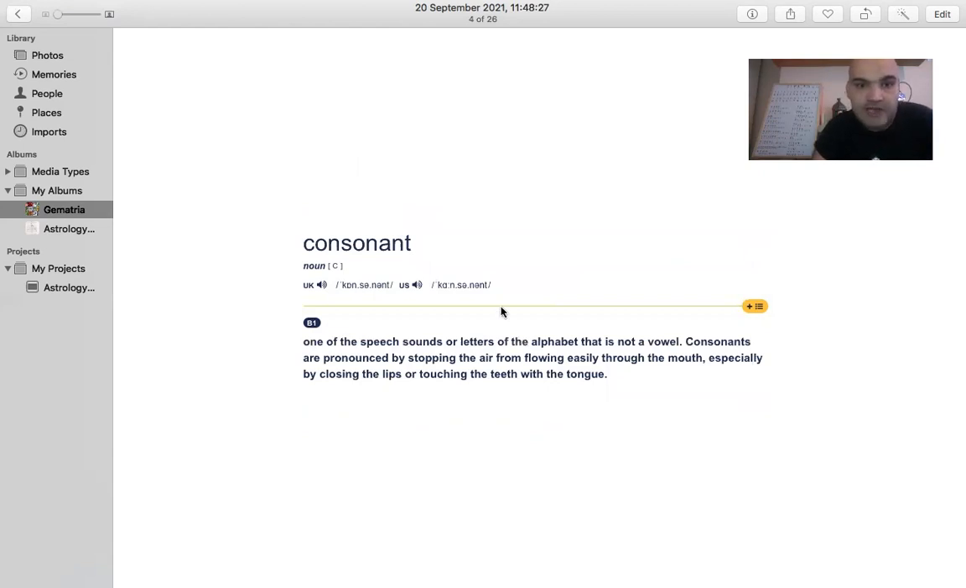So moving on, this is a brief explanation of what a consonant is. One of the speech sounds or letters of the alphabet that is not a vowel. Consonants are pronounced by stopping the air flowing easily through the mouth, especially by closing the lips or touching the teeth with the tongue. I already explained that with the two words used as examples, cup and shoe. So moving on,